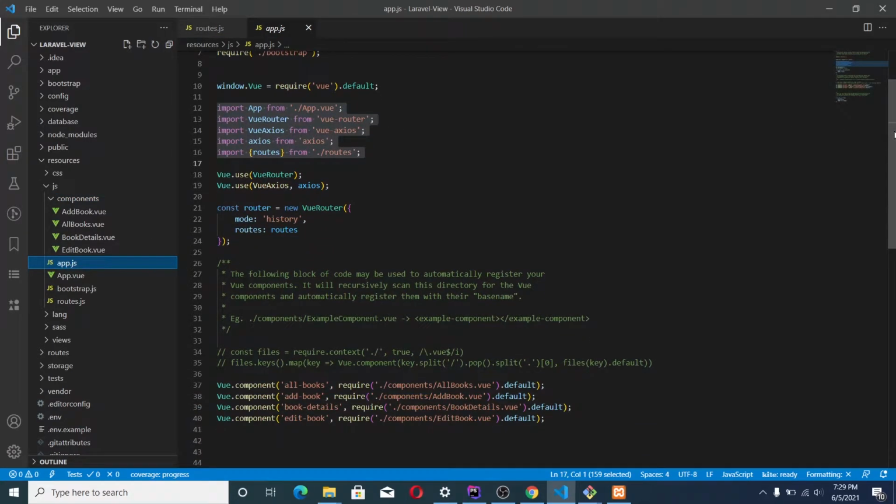Alright, so we are using vue-router, and we are going to use vue-axios. We are initializing this our router here. This is our vue-router. So we are going to initialize the switch remote history, then routes here. Okay.